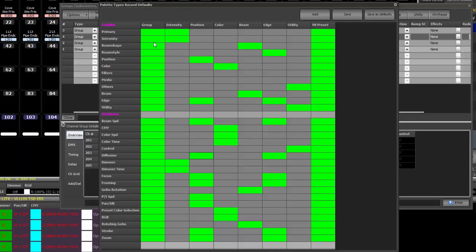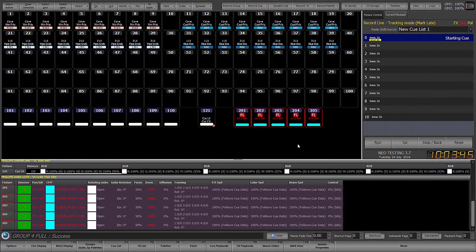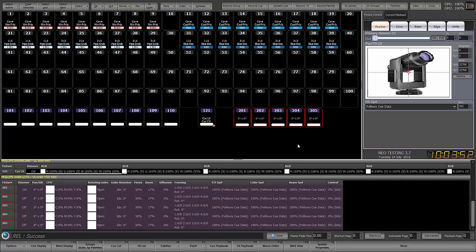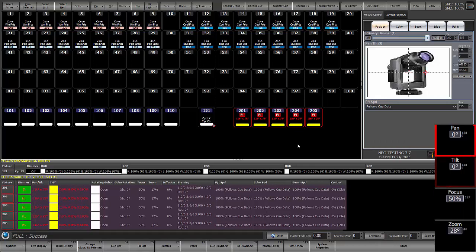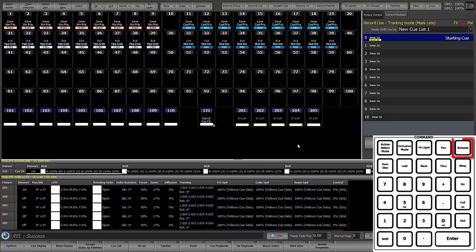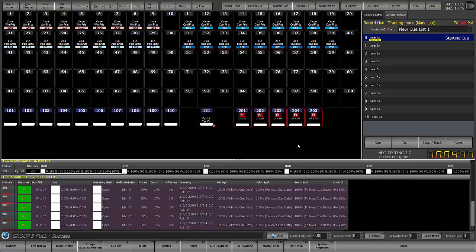A lot of people like to treat groups as just intensity collectors or intensity groups. For that, one would uncheck and get rid of all of the attribute families, and we'll go ahead and save this. And we'll close our groups display, and I'm going to release this, and I'm going to grab the same fixtures. I'll just do select previous, and I'm going to give them a value of full. We're going to make them yellow. We're going to give these guys some pan tilt values, and now I'm going to say record group, enter. We're going to release this, and now when I do group 5 full, we see that it only collected and